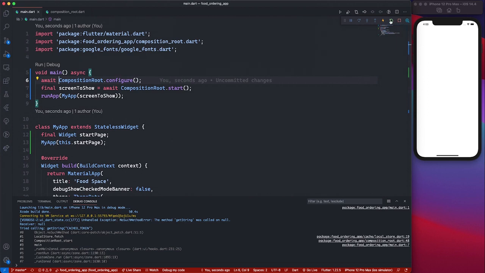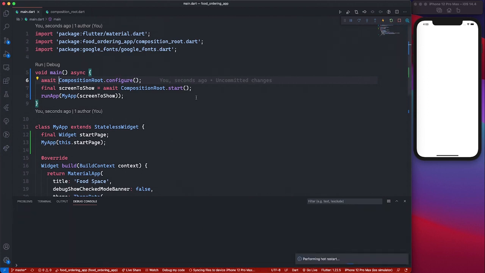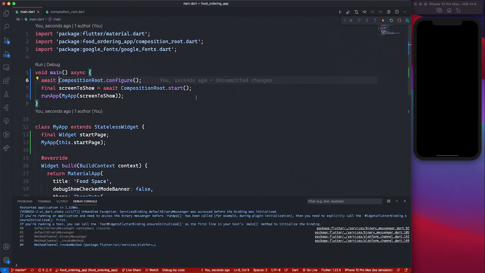If we go ahead again, restart, now we have a different issue which has to do with the service binding, and this is because we are calling an async method inside of our main, which means that we have a method waiting while the thread to build the